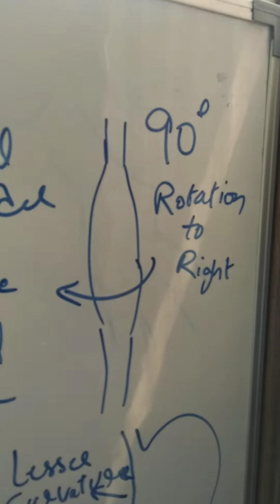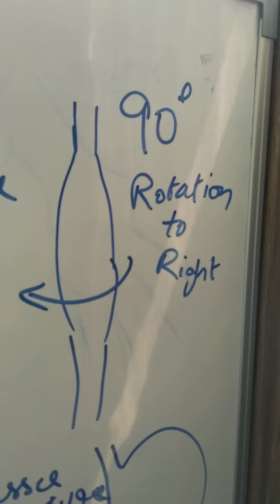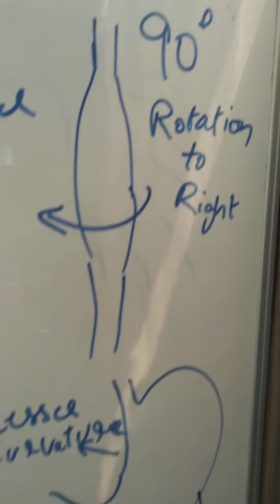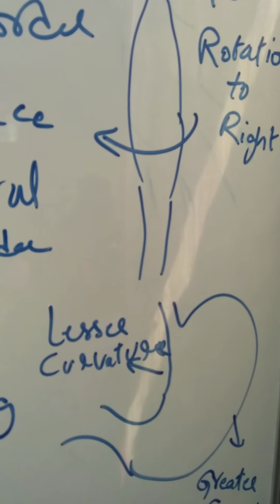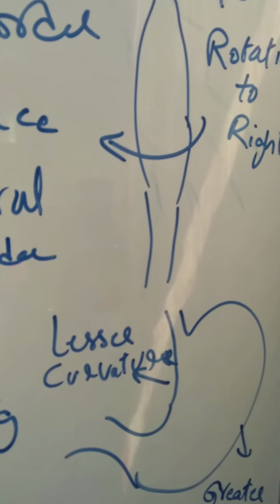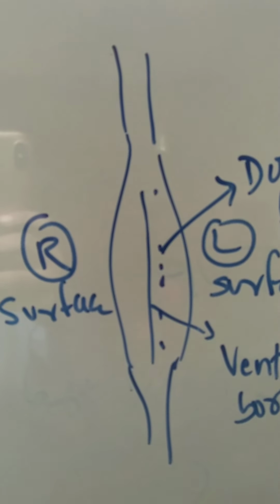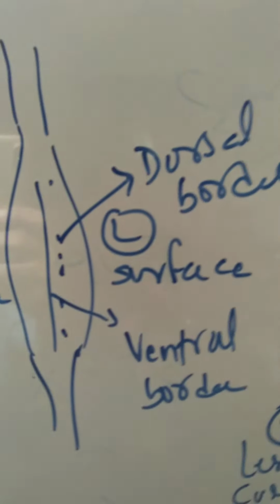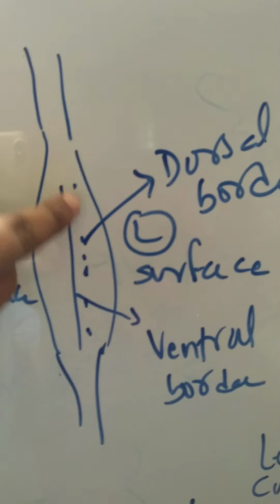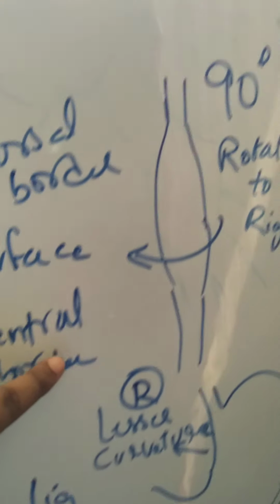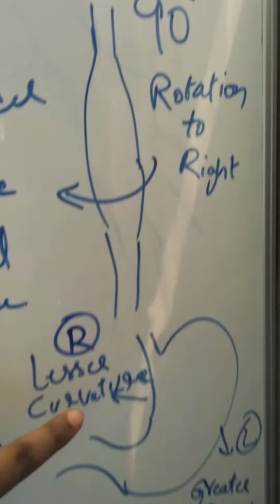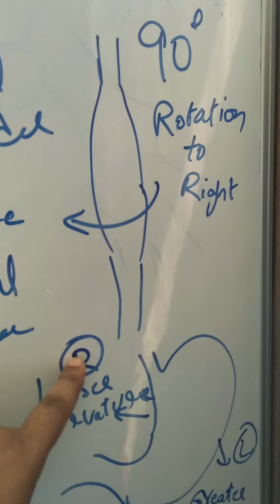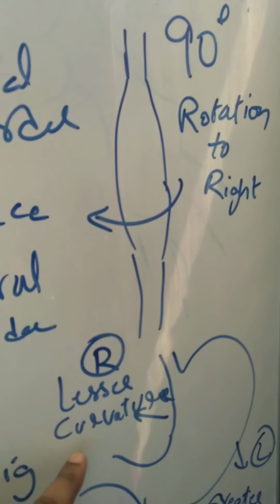This is a very important statement. You remember this: the stomach undergoes rotation, a 90-degree rotation to the right. In such a way, the ventral border will now become the right border, also called the lesser curvature. The initial ventral border is this straight one, and the dotted one is the dorsal border. When the ventral border undergoes 90-degree rotation to the right, it flips to the right. So the ventral border now becomes the right border. Since it's forming a small curve, we also call it the lesser curvature.